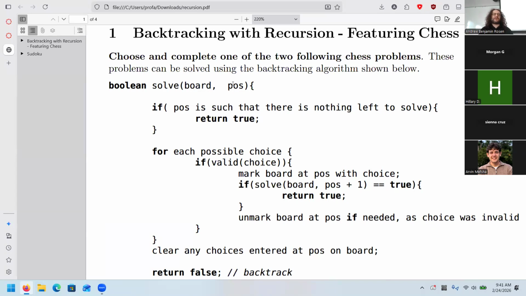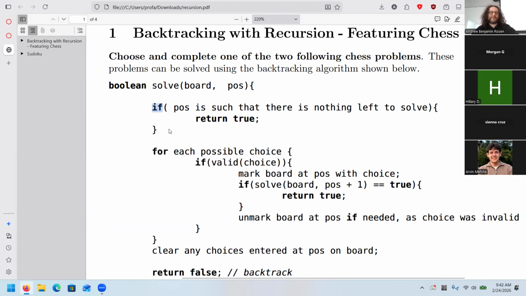So let's make it easy for ourselves. Rather than trying to solve this giant puzzle all at once, we're just going to look at this position and try to solve only this position, and leave it as an exercise to future us, or future calls of the program, to solve the rest of the puzzle. We assume that everything else on the board has been solved correctly, and we just try to solve our current position as best we can.